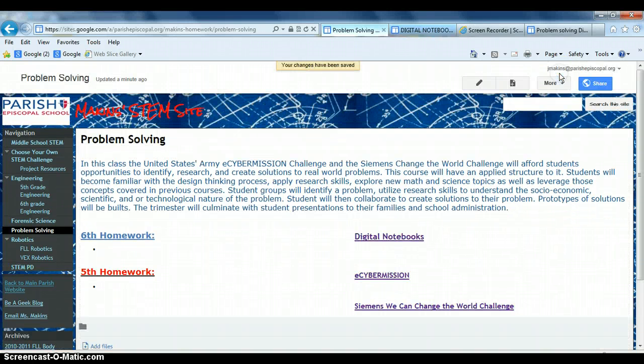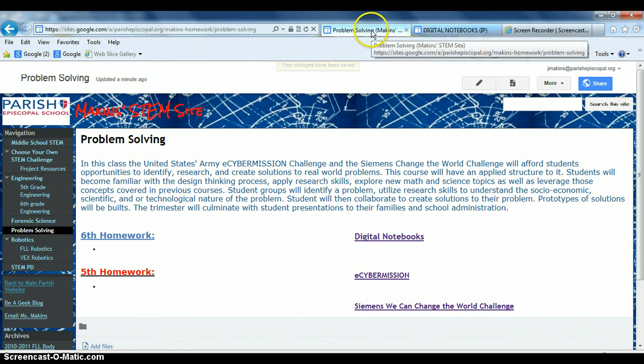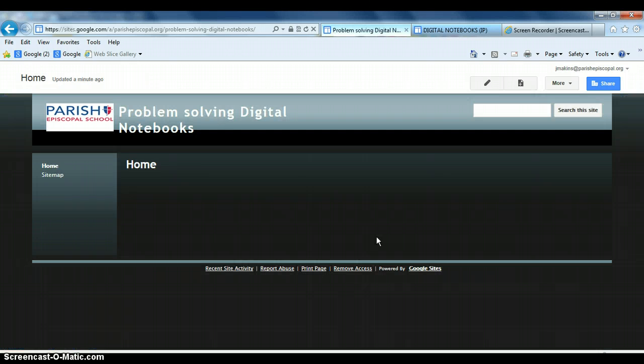I'm going to save my work so it's there, and let's just go up and close that, and this way we can test to make sure it works here, right? So here I am on the problem solving page. I'm out of edit mode. I'm going to click the link, and hopefully, yep, it takes me straight here to the digital notebooks for problem